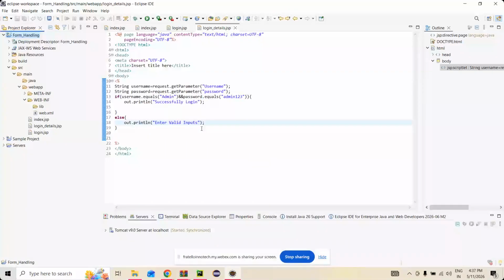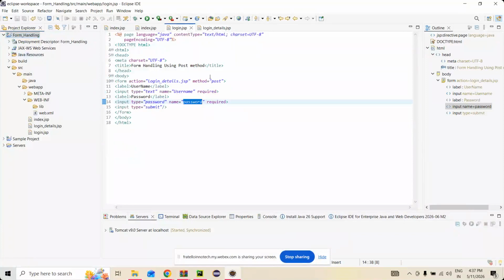Now again I am explaining the get method. Here we can see the difference between get and post. When you put here get,